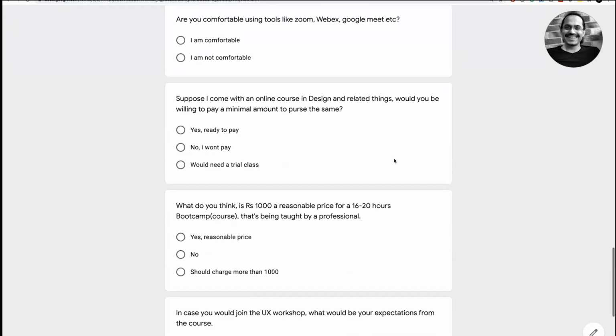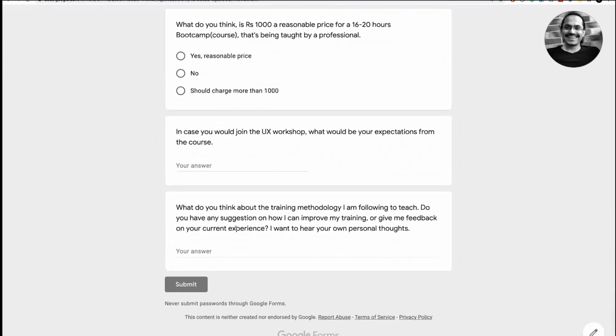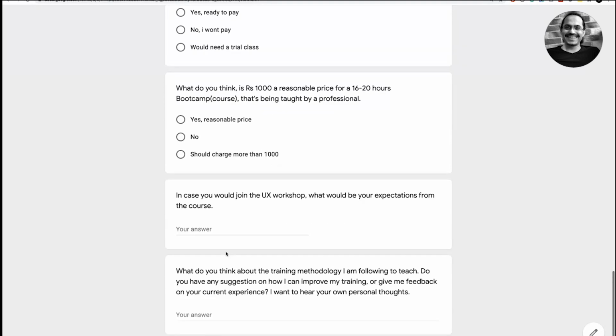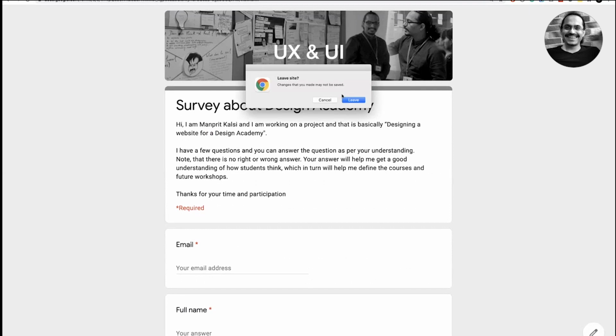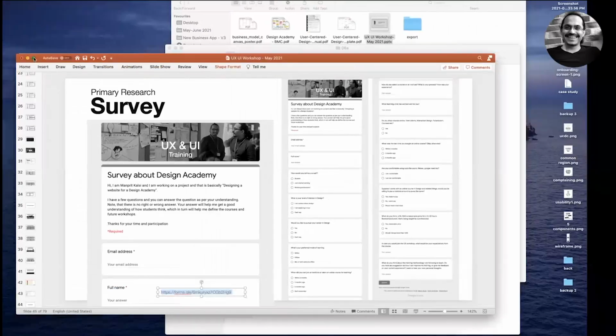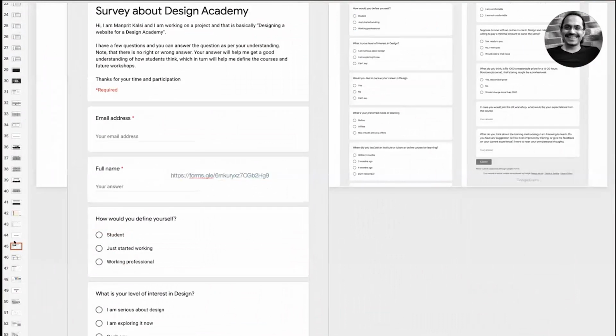Generally we should have 8 to 10 questions, okay? And whenever starting work on any product, you should first create a survey and try to get the insights of the users, or basically whatever is there in the mind of the users, through these surveys. Once you have this survey, it really helps you validate your assumptions, right? Because every time we start based on some assumptions and hypotheses, so this really helps in validating that. So after this, basis the result that you get, you can decide the next steps.